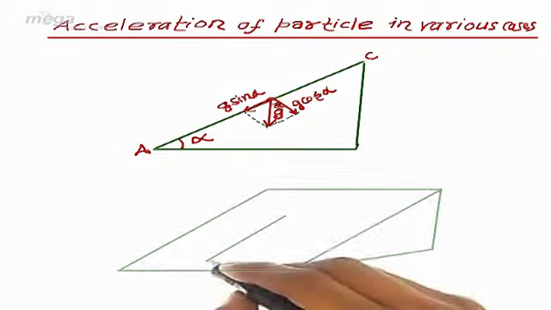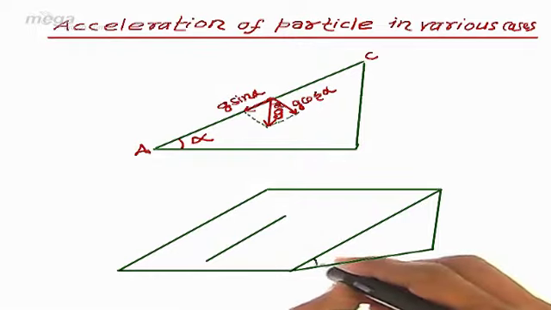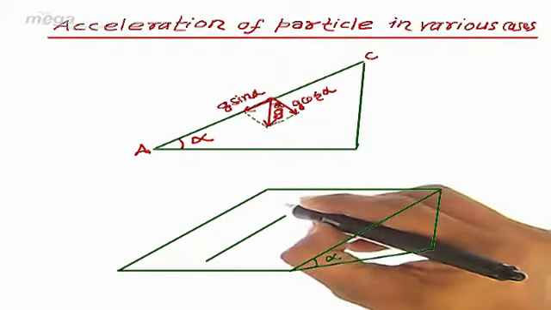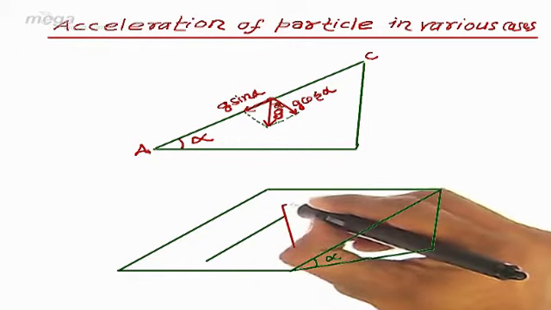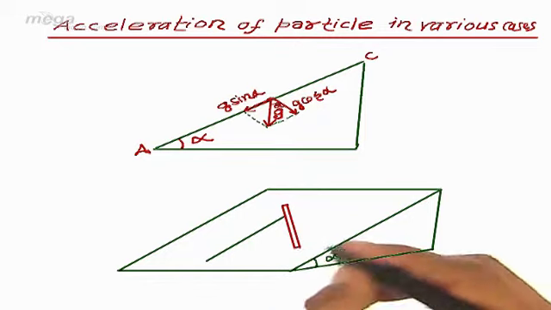Say this is the line of greatest slope on this inclined surface which has angle of inclination alpha. If a particle moves along a groove made on this inclined surface in a direction making some other angle phi with the line of greatest slope,